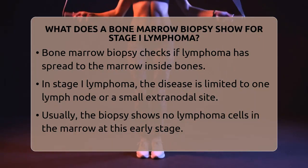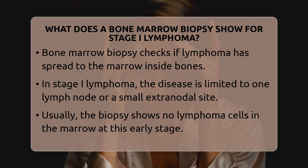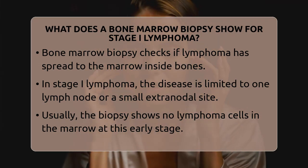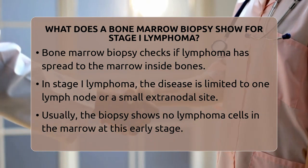What does a bone marrow biopsy show for stage 1 lymphoma? Imagine trying to find out how lymphoma has spread in the body. A bone marrow biopsy is one of the tools doctors use to check if the disease has reached the marrow